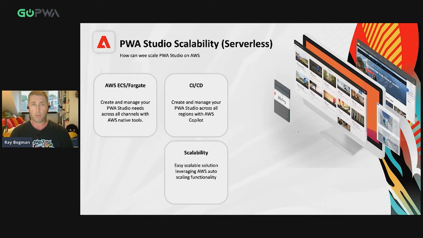An important one within the AWS functionality is that we like to scale. AWS itself has numerous ways to scale flexibly. This easy way of scaling, leveraging AWS auto-scaling functionality, will help us easily scale when needed.